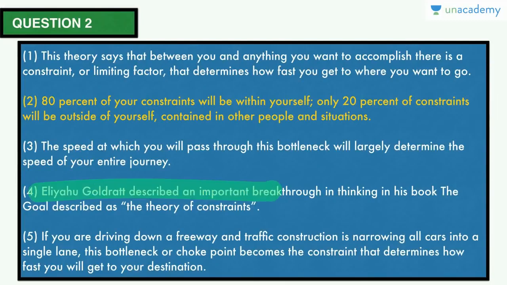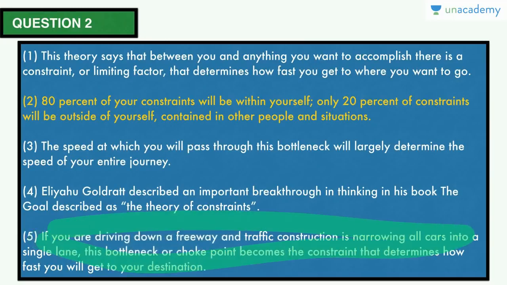Let's have a look once more how we arrived at the answer. Of course, you need to talk about the author and what theory he has proposed. Clearly, sentence 1 is going to follow because of this theory. This theory says that there is a limiting factor. Then you explain the limiting factor in detail. Just see that this sentence is explaining in layman's terms what a bottleneck is, and then only you can go ahead talking about the bottleneck as if you've known about it, because you've already introduced it in very simple